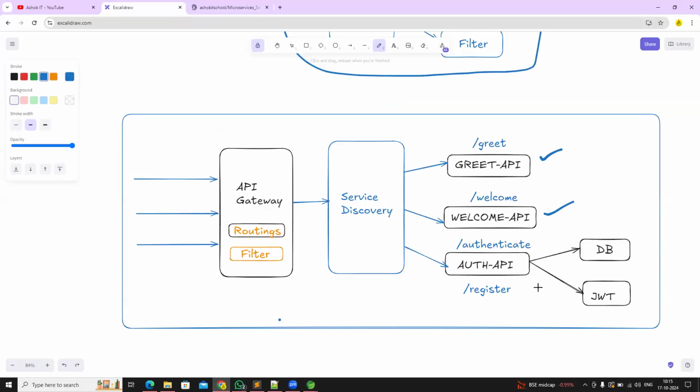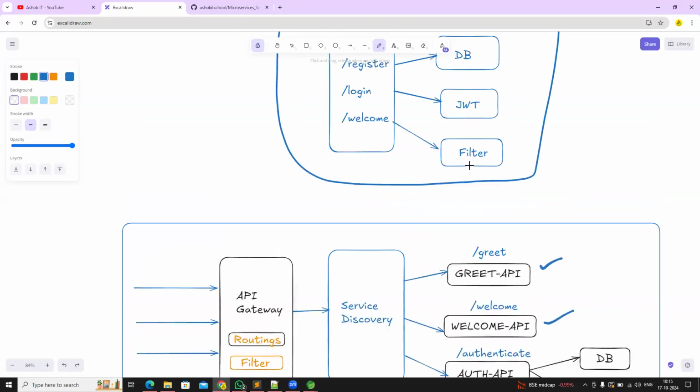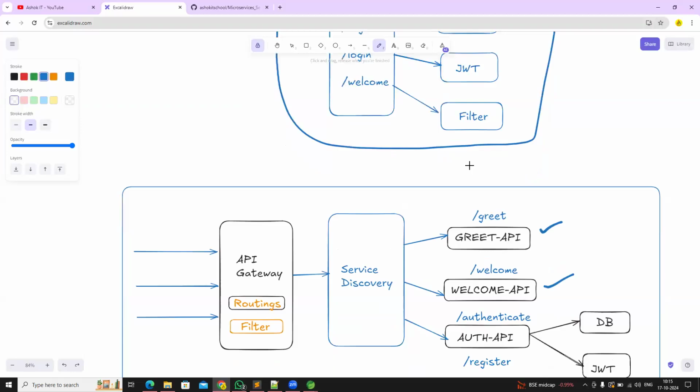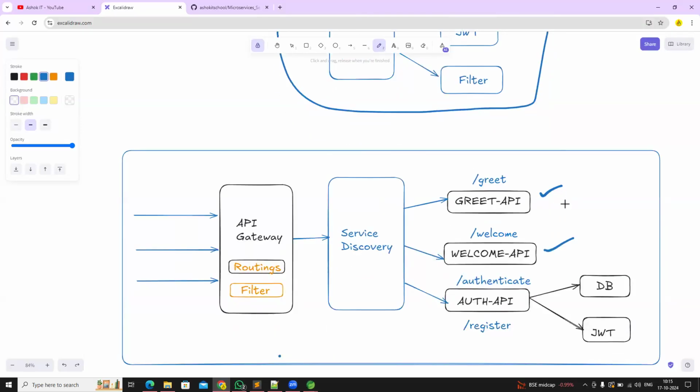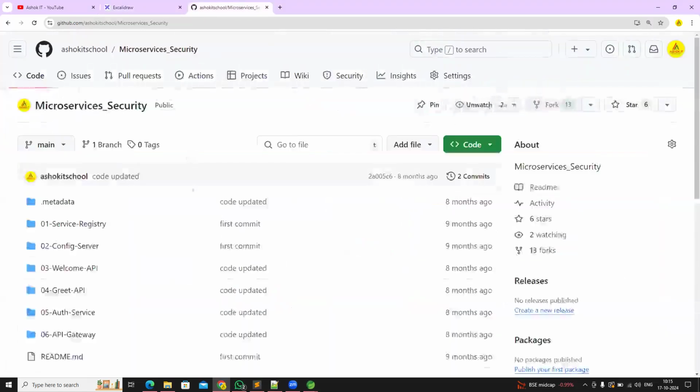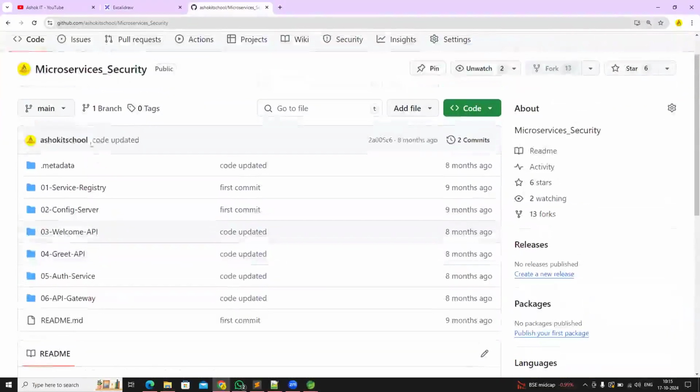The authentication service we already implemented yesterday, same logic: user registration, user login, token generation. So the only new thing is the filter we need to create to validate. Yesterday we created the filter also, but today the filter will go to the API gateway, and the filter is applicable only for the greet API and welcome API. So this is our Git repository where all the